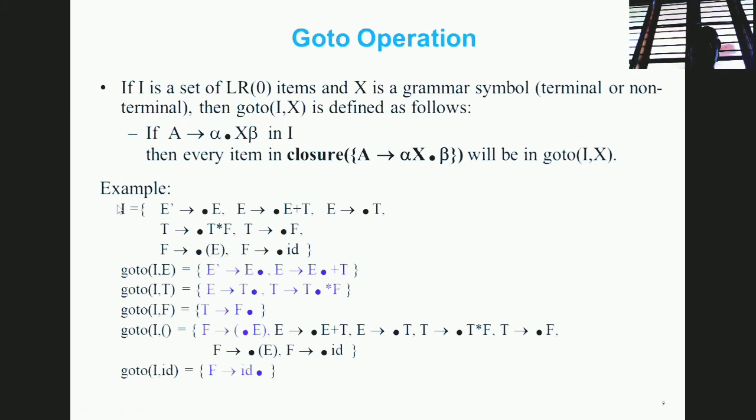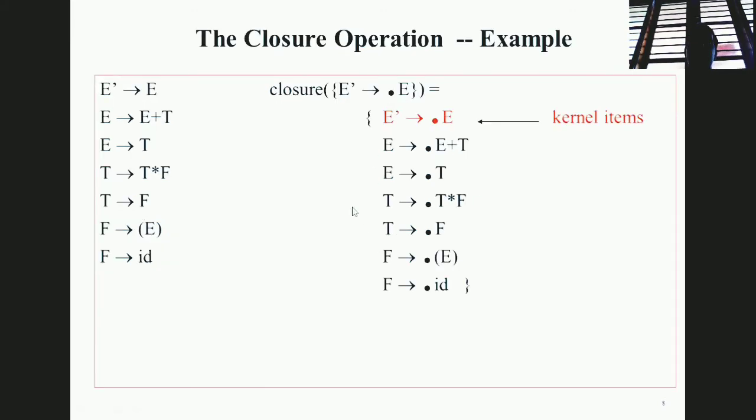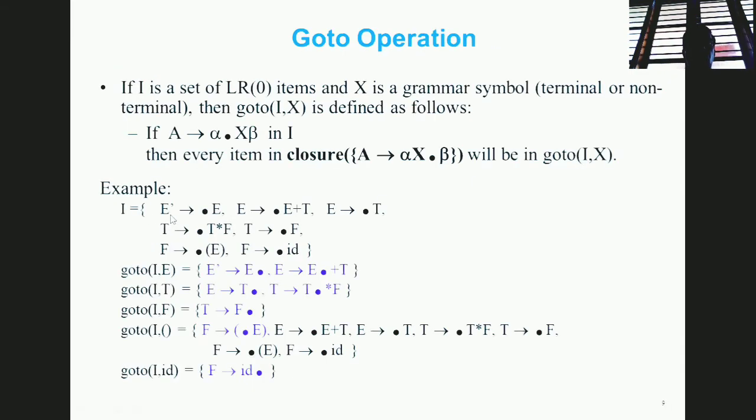For example, in the given grammar, my first I is E dash tends to dot E. So you can observe that we have identified this particular LR(0) item. For that, I'm supposed to apply the goto. So when I say goto, I'm supposed to consider each symbol which is present after the dot, and find the goto of this particular state on a particular symbol. I'm going to move to the next position. So goto of I on E